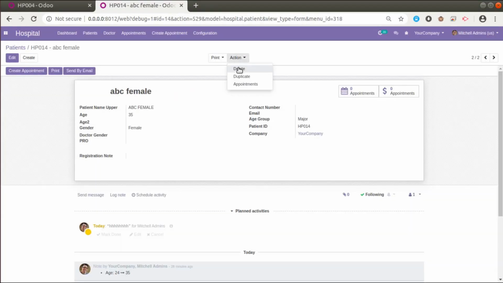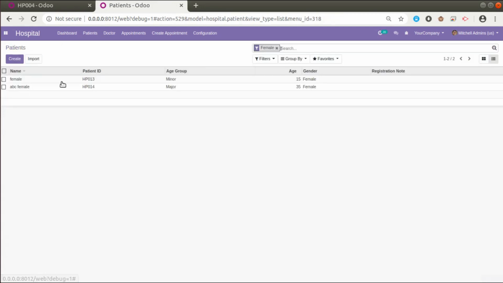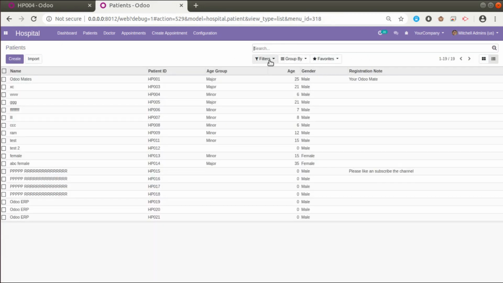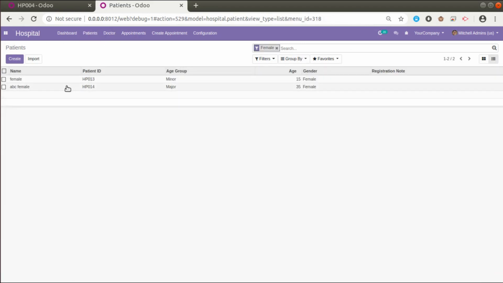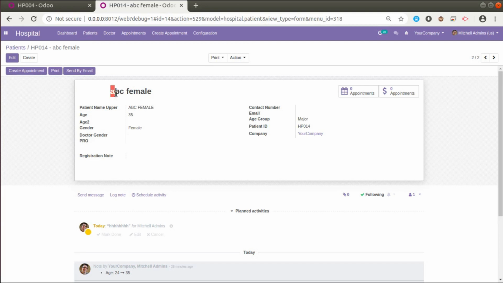And here you can see we have got a duplicate button. So on clicking this duplicate, the copy ORM method gets executed. So let's take a case where we filter here, and you can see we have two records. Suppose we have to duplicate this abc email record.